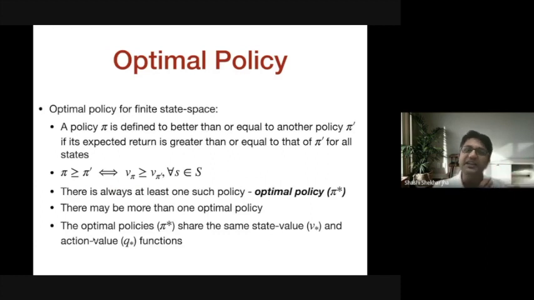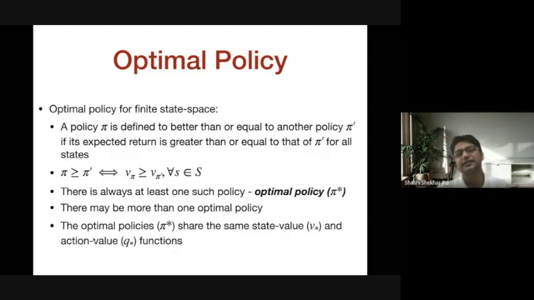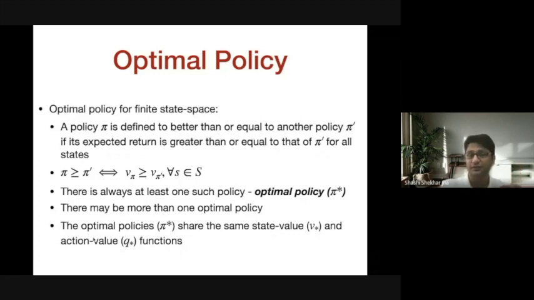Now, since we have defined these value functions, we can bring in the notion of optimality back into the picture. How do you define an optimal policy? Okay, so this value function actually provides us some kind of metric or some kind of instrument to judge a policy or to evaluate a policy. See, till now we just discussed that policy is behavior, policy is taking action. But now once you define value function, and the value function says that for a particular policy, right, what is the value of each state? Like how much reward you can receive for each state.